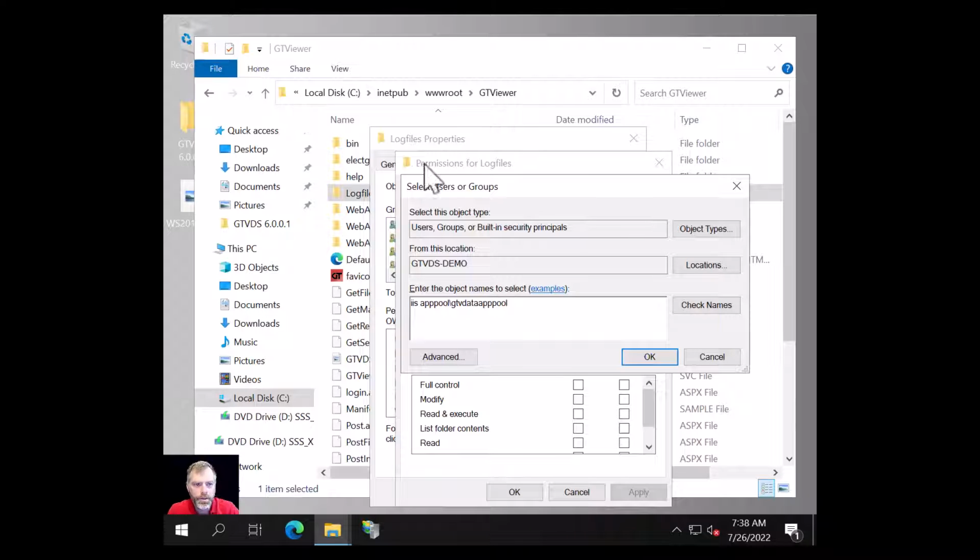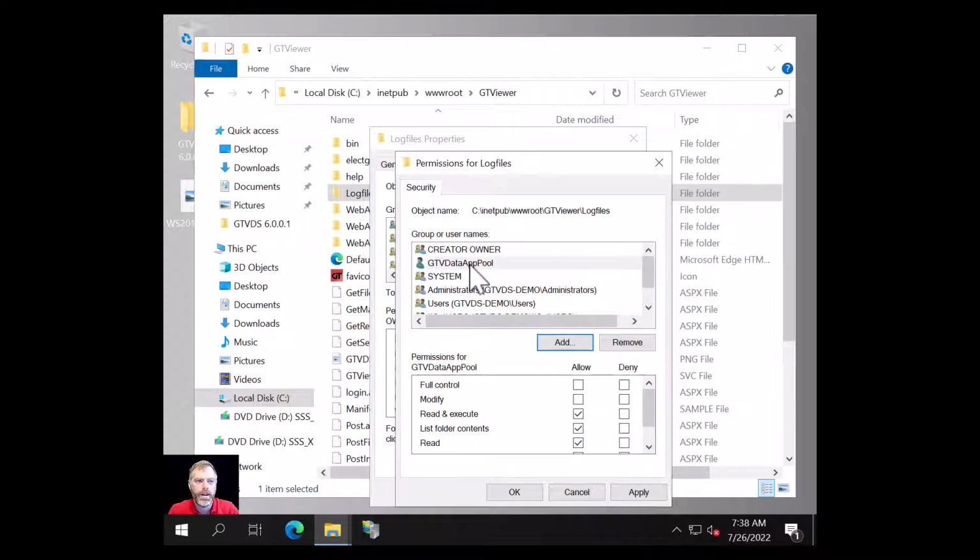Now there's many ways to mess this up. You cannot put the space, you cannot put enough P's, there's 3 P's, you can put a forward slash and not a backslash, and you can also miss the P's here again. I know all that because I've done it so many times incorrectly, but there is a way to verify what you've got. There's a Check Names button. When you press it, if it converts it to this underlined name of your app pool, then it worked. If it doesn't, you need to figure out what was wrong and how you typed it and correct it. So I'm going to say OK.